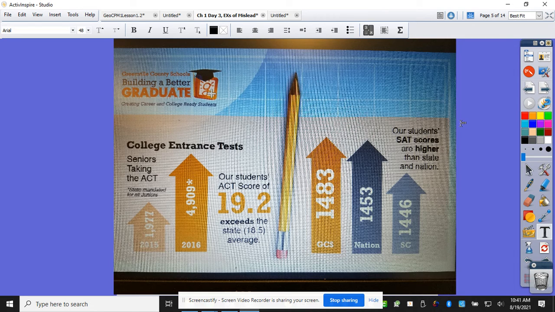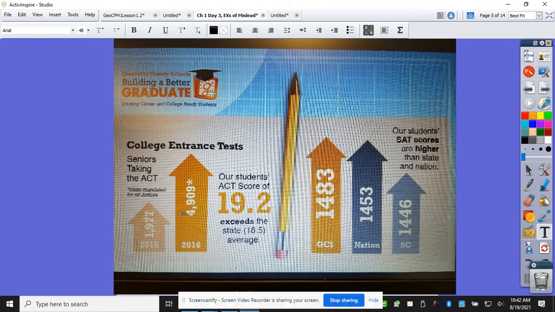This one, I had to take a picture of my computer screen because this is from Graham County Schools that was on our screens that goes through every day. And the worst part is they did a terrible job of it and they made themselves look worse than they should have. The first part is college entrance test, and this was maybe a couple years ago. Seniors taking the SAT. So if you're looking at this really quick, all the stuff over here,